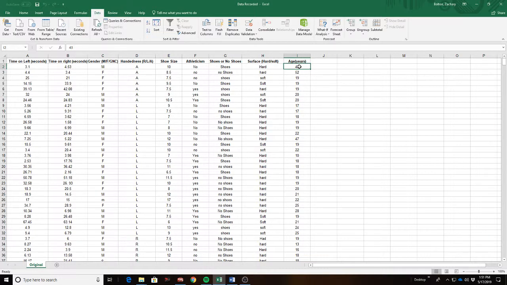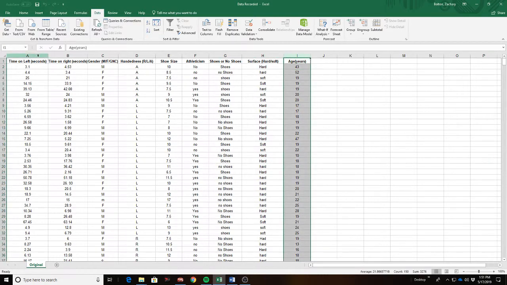Well, I guess not the proportion. We need to find who is considered big footed and who is considered small footed. And then on top of that, we need to figure out if they're able to stand on their toes for longer than 15 seconds. So, what we need to do here, and the easiest thing to start with,